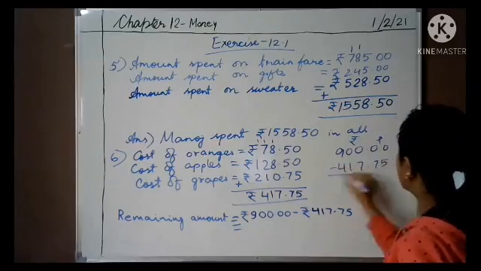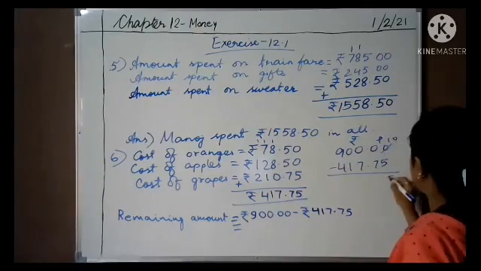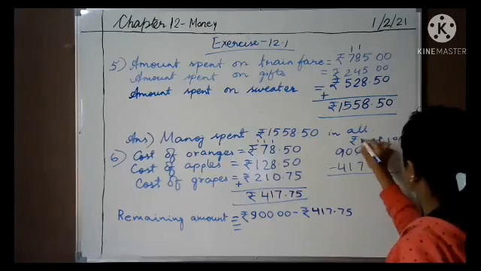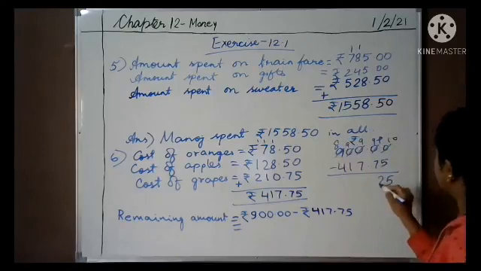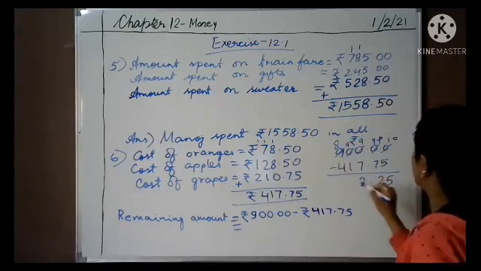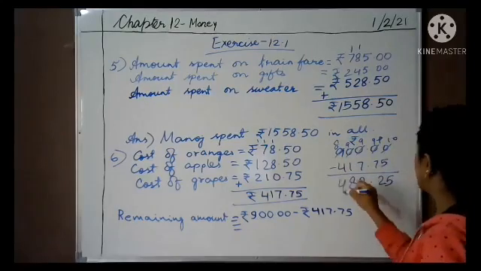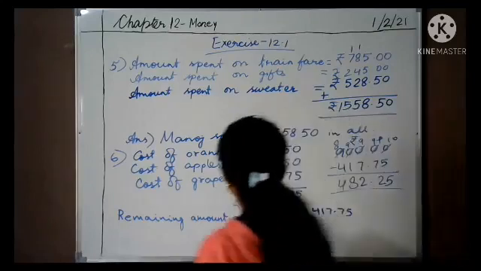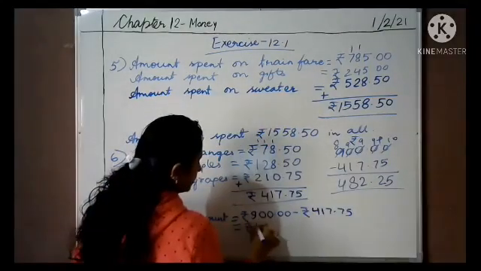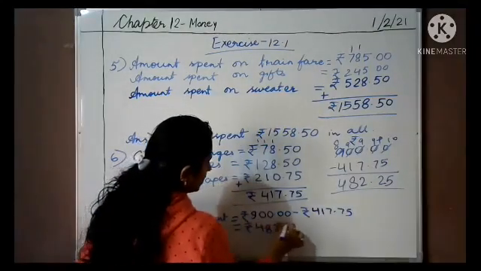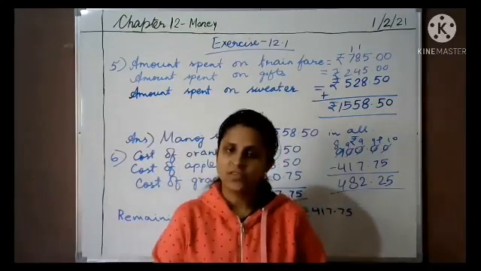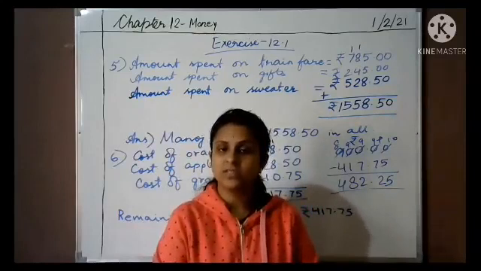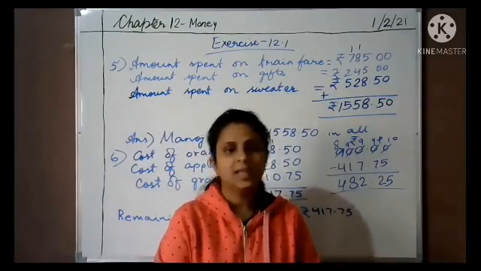So let's subtract. 10 minus 5 is 5. 9 minus 7 is 2. 9 minus 7 is 2. 9 minus 1 is 8. 8 minus 4 is 4. So remaining amount is rupees 482 and 25 paise. So children, complete all these questions whichever has been discussed in the book, in the e-book itself,